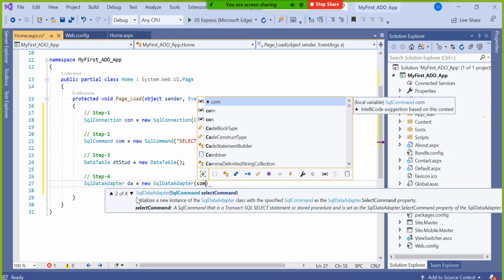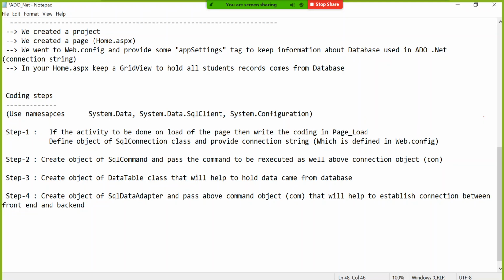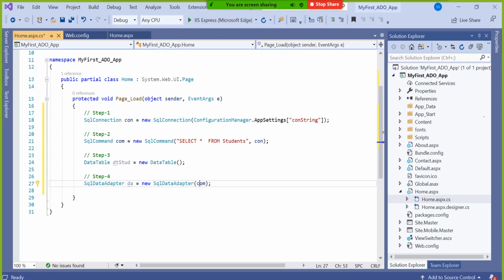It says pass the command object. Can you see? I wrote it here. Pass the above command object so that it will come to know which connection, which command and all has to be established during the connection between the front end and back end. Because COM already contains the information about which command to fire and which path to go, which server, which database and what command.